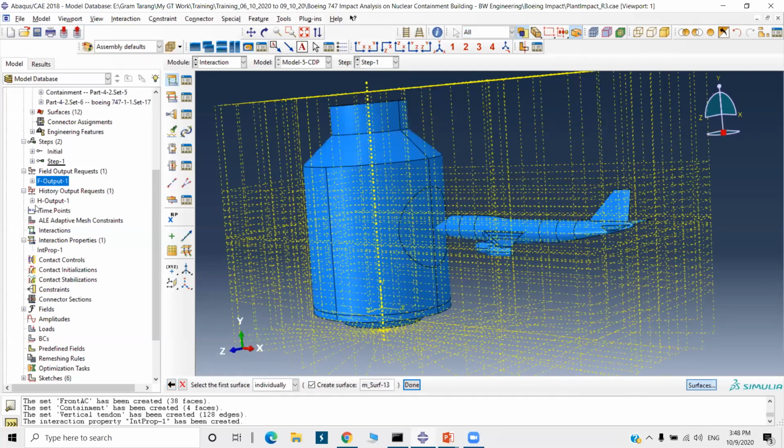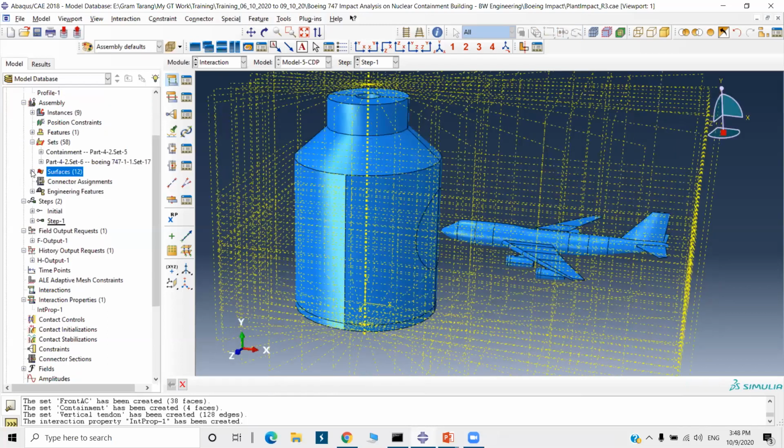First, I will go to assembly. Okay, I have created a set here. You can see here, but it is not showing there. So I will create a surface set here. Continue.